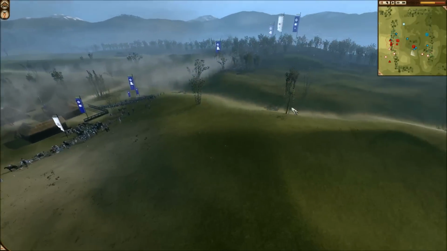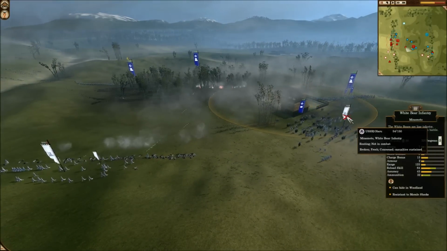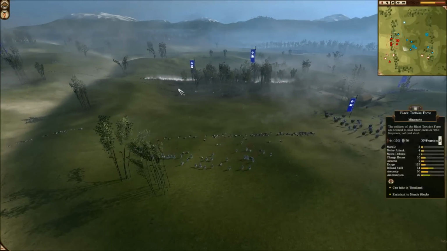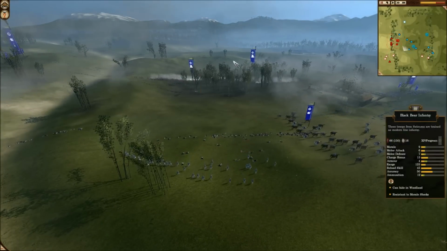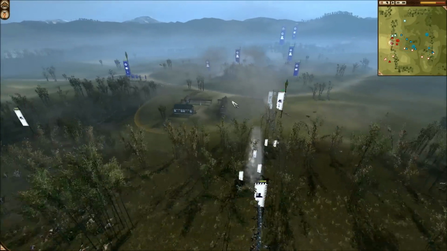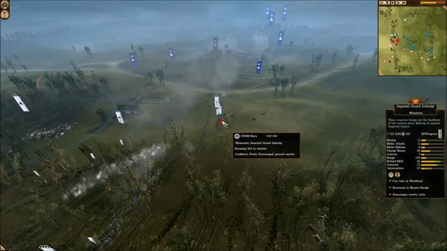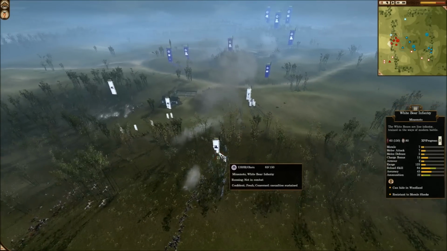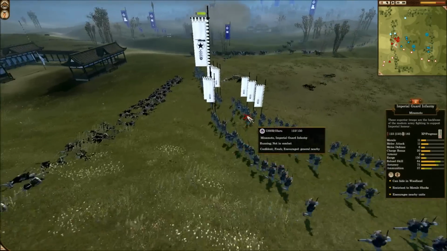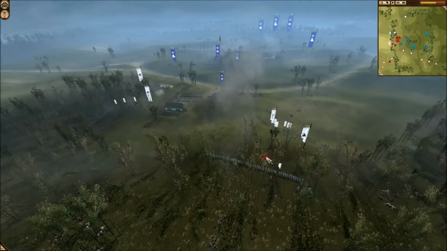Things are looking good for Phantasy SKP on the right flank here. His cav is doing a lot of damage routing this 1 Black Bears, and this Black Tortoise force has routed now after being fought off by 2 Black Bears, and things aren't looking good for Olaru. All he has now is this 1 very good Imperial Guard cav and this 1 very good Imperial Guard infantry, his Imperial Guard cav and his general with a